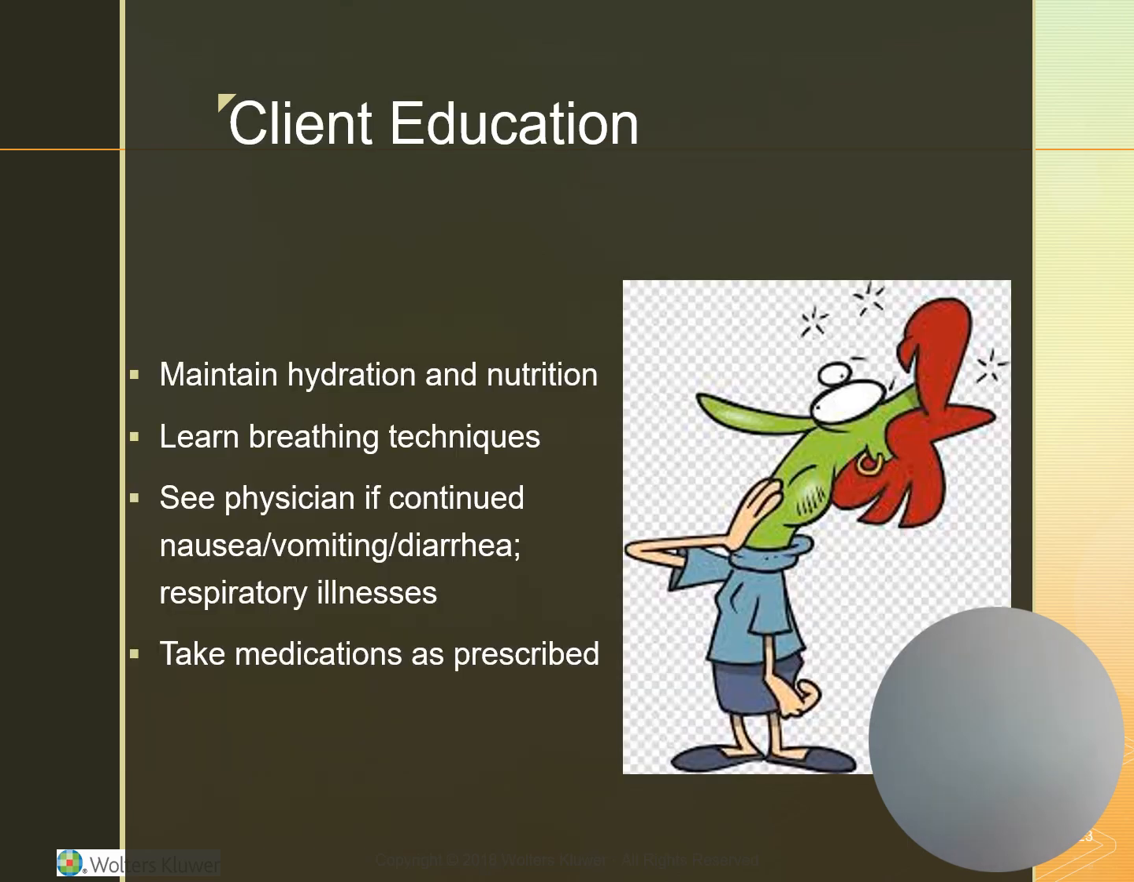Very important to educate our clients on maintaining hydration and nutrition, to learn appropriate breathing techniques. For example, if they have COPD and they have that chronic respiratory acidosis, doing the pursed-lip breathing will help them expel more of the carbon dioxide. They should also see the physician if they have continued nausea, vomiting, diarrhea, or respiratory illnesses, because this can lead to acid-base imbalances. And always take